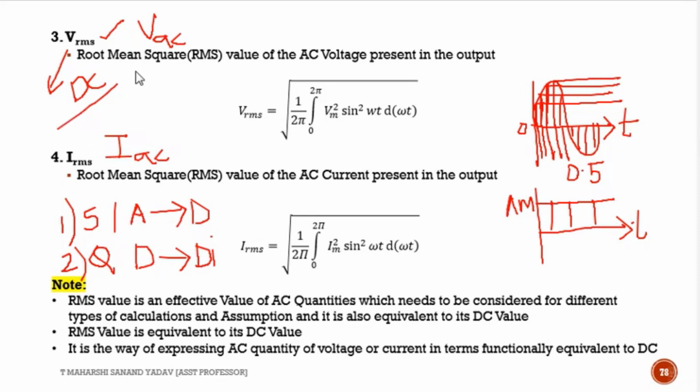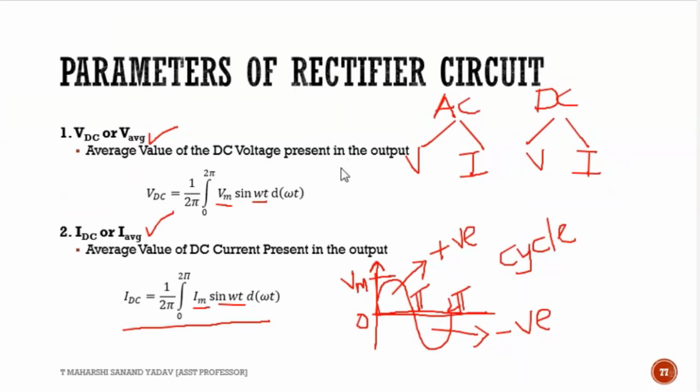So Vamshi, good. I got good response from you. VRMS is root mean square, as AC is alternating in nature. RMS is something which is almost equivalent to DC, which I am considering from AC itself. So RMS value is nothing but the AC voltage present in the output. So VRMS is equal to 1 by 2 pi integral 0 to 2 pi. Here I am trying to square it. That's the only difference. Whereas in DC, see here directly I am getting Vm sin omega t.